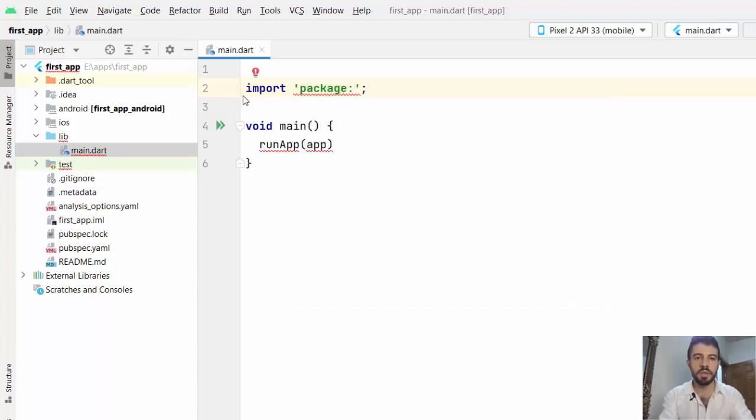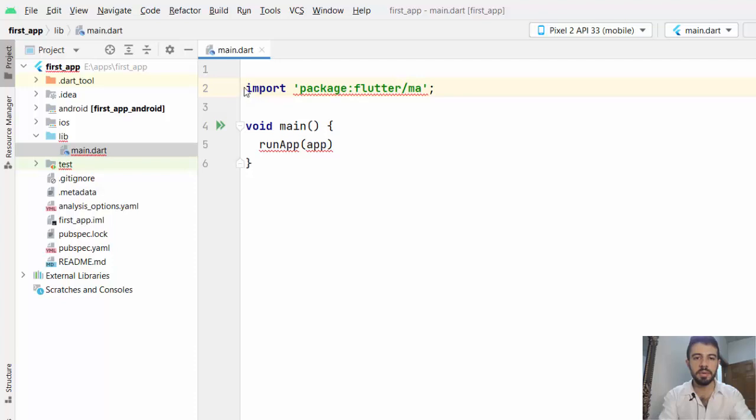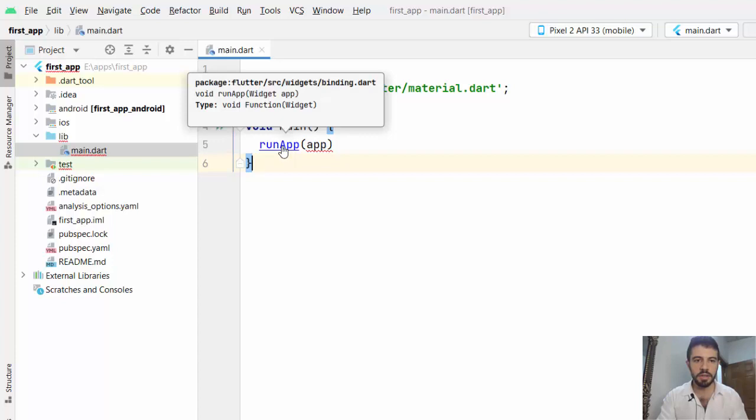You can just write the first two words and you can find it, and then Flutter. Inside the Flutter package, we have material app, material.dart. So inside material, you can find everything. For example, this is the run app. If you press Control on the keyboard and click here, you can see the run app, it is void,